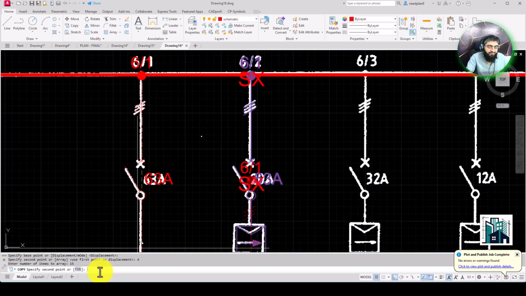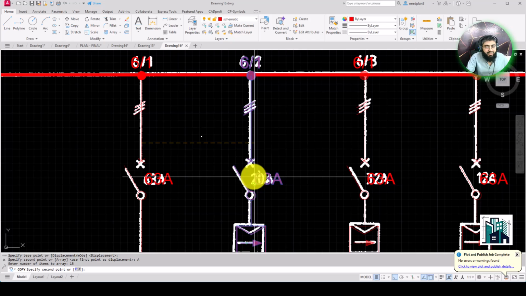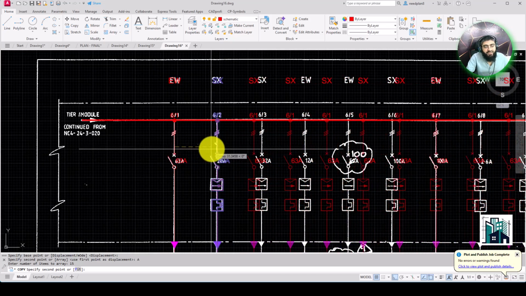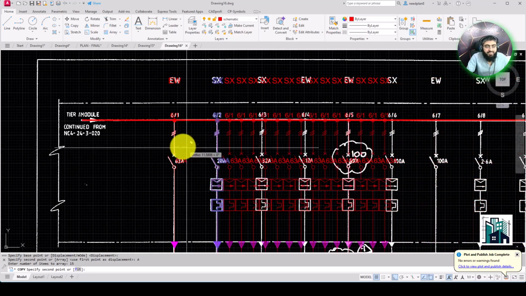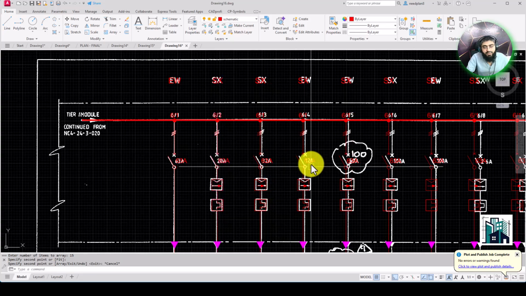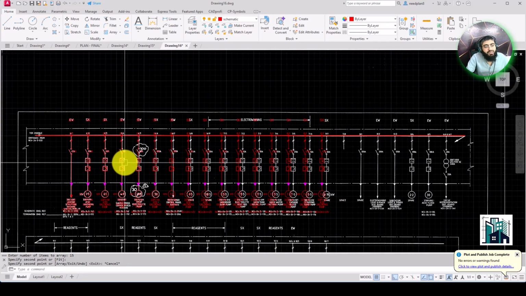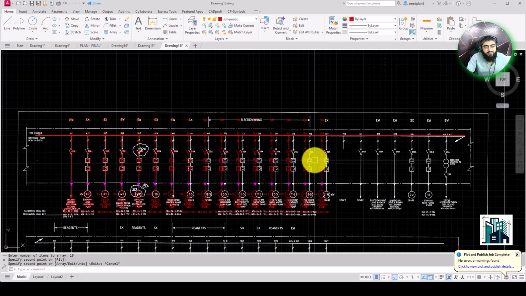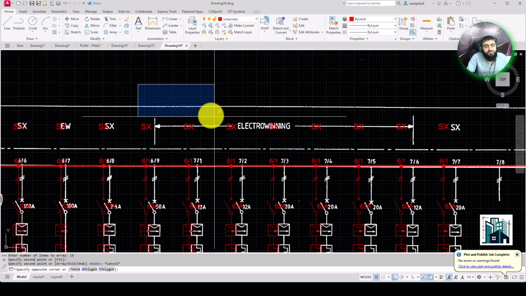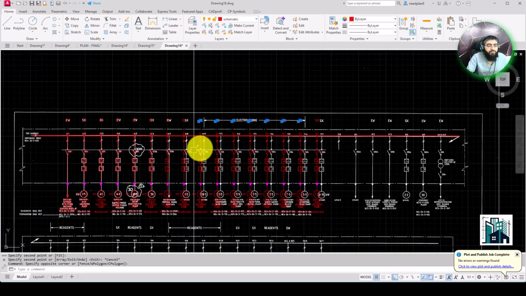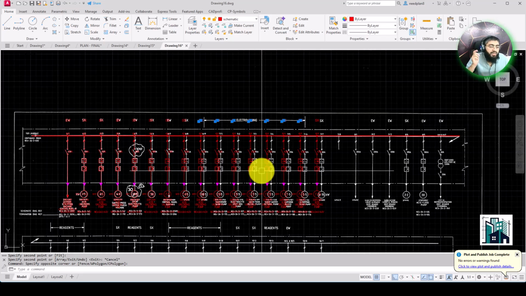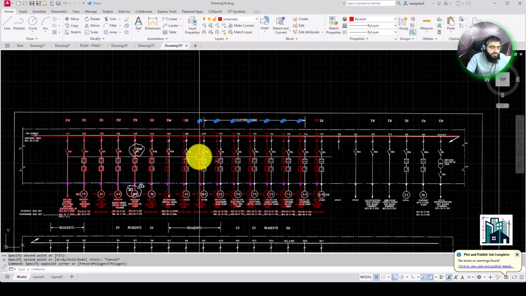I need 15, so I just type 15, and then it says give the distance. I just select this point and then this point, and then you will see 15 lines will be done. So you can change, delete, remove, or move anytime what you want to do.